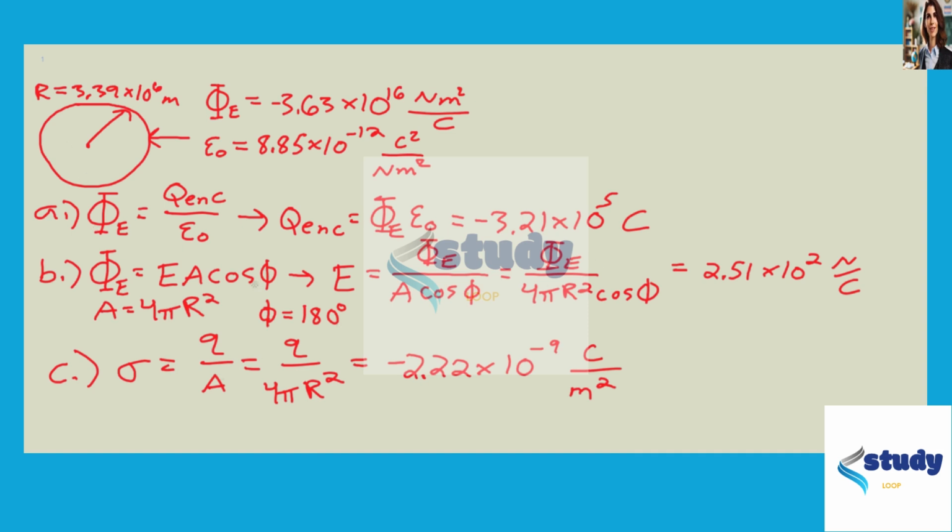We plug in, again, Q from part A, as well as the radius of Mars that we looked up, and once we put these numbers into the calculator, we see that the charge density is negative 2.22 times 10 to the negative 9 coulombs per square meter. So we see, even though the charge is fairly large, on the order of magnitude of 10 to the 5 coulombs, it's spread out over the entire planet's surface area, so the charge density is very small, being on the order of 10 to the negative